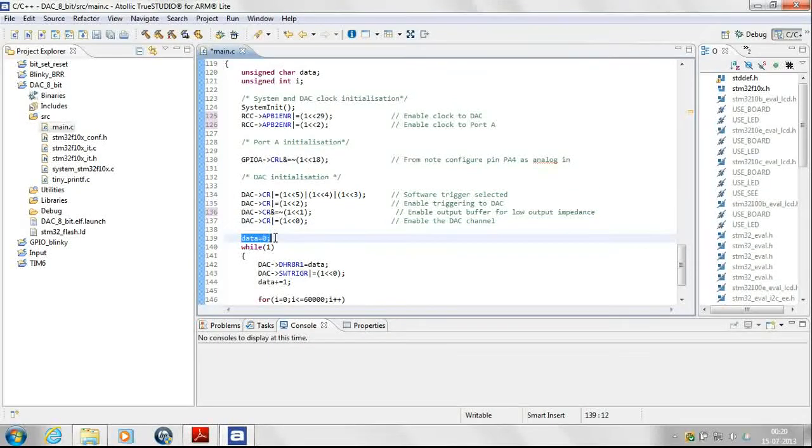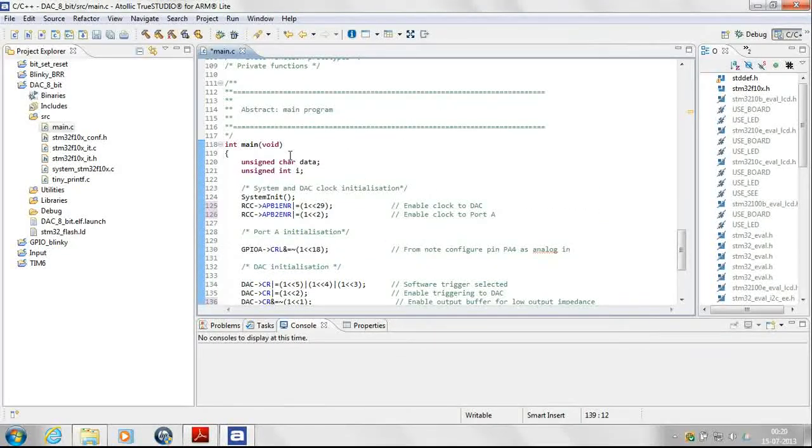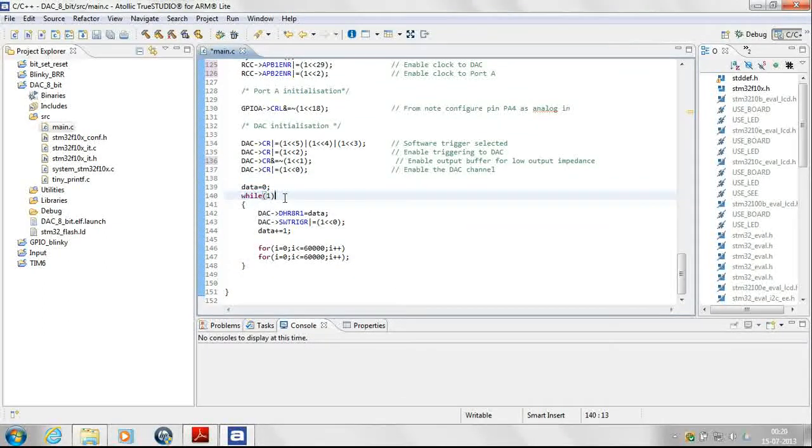The next line reads out that a variable called data is set to 0. This data is an unsigned character. Now I have already mentioned that the data written to the data holding registers can be either 8-bit data or 12-bit data. For our case, we are using 8-bit data. Character implementation in embedded C is always 8-bit in nature, int implementation is always 32-bit in nature, and short int is 16-bit for a 32-bit microcontroller. Unsigned means that the last bit is also a data bit and not used for sign representation. So we are setting this data to 0.